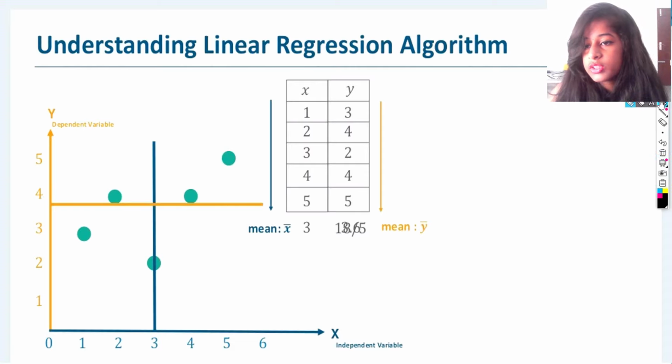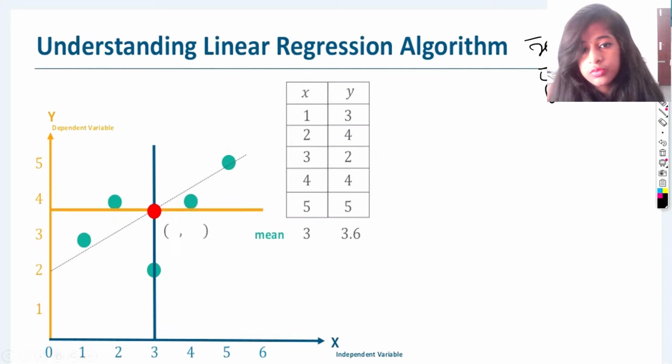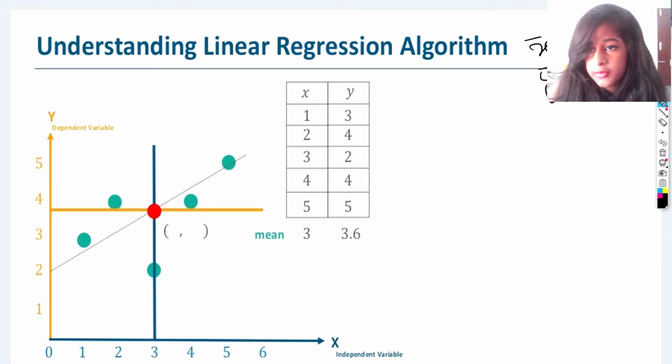So now as we took the mean, let me just write it at the top. The x mean is going to be 3 and the y mean is going to be 3.5. Now let's move forward. Actually, the y mean is going to be 3.6. I just made a bit of a mistake, I guess. So it's going to be 3.6. I'm so sorry.